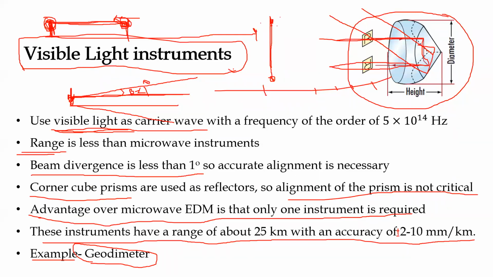See, the total stations and all, by just looking at the instrument, you cannot say what type of mechanism it is following. It may be a geodimeter, it may be a distomat. So that thing is not required from civil engineering point of view. What type of technology you are using, just as an engineer, you should have the basic knowledge, like what is the range of this total station, up to how much distance I can calculate, what is the error, what is the probable error. Those things you should be worried about.